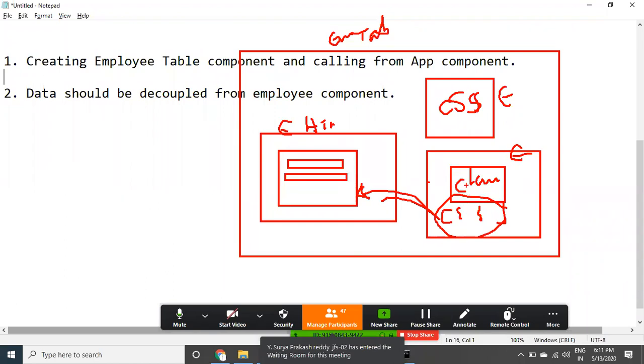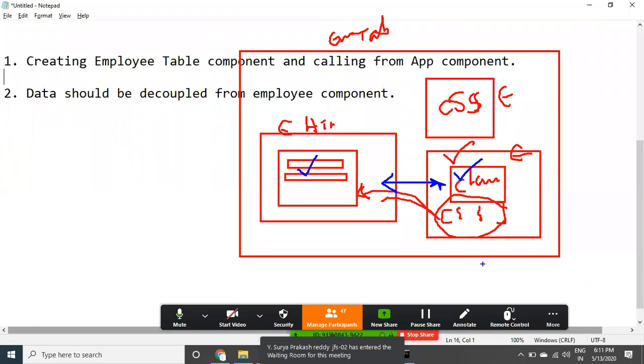Okay, if I want to provide different data coming from another place which is not available in this component, then it is not going to work. Meaning that the data is available in the component class, and we are displaying that data in the HTML. So data is tightly coupled here. This HTML is going to read the data coming from the component class. That's it. If we call this component class, only this data is going to be displayed.